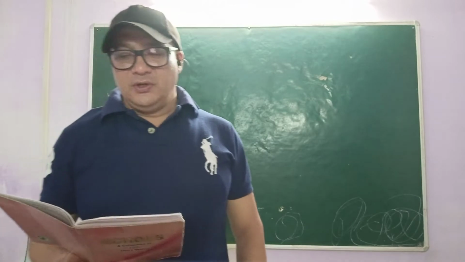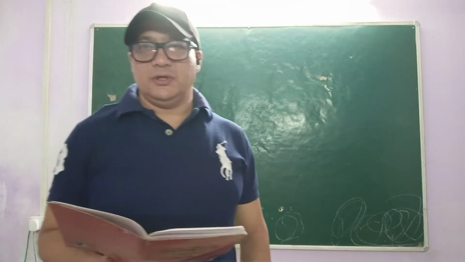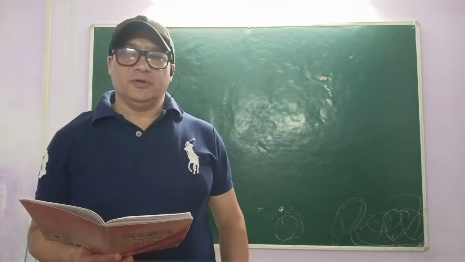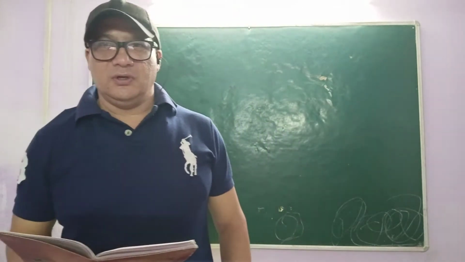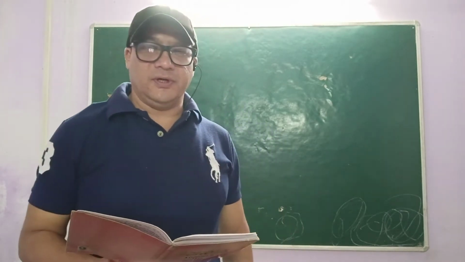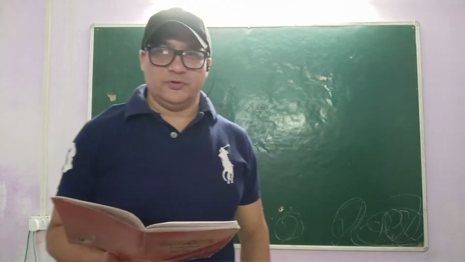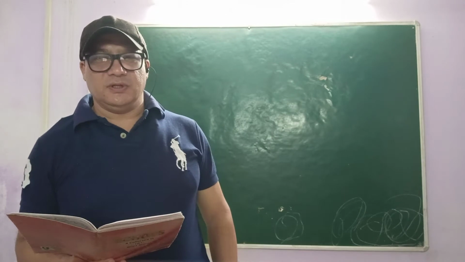So let's see now. Regarding the author Roald Dahl, the great author was born on 13th September in the year 1916, and he died on 23rd November in the year 1990. Right? In fact, he is an author who has seen the two greatest world wars that happened in the world: the First World War and the Second World War. He was born on 13th September 1916 at the time of the First World War,